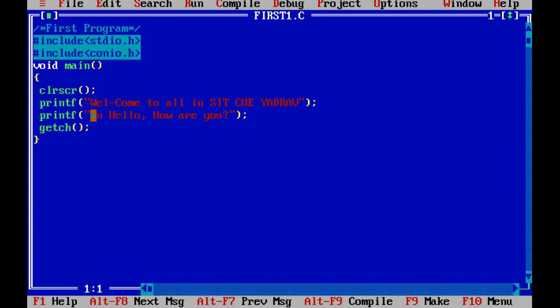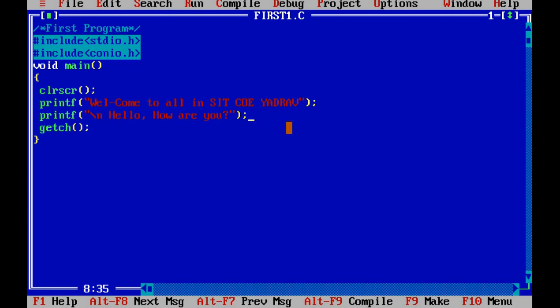Before the hello I just put \n. This is the backslash character which is used to add a new line, meaning the next output will be shown on the new line. So where we want to show either a continued line or a next line, according to that we need to add \n in a printf statement.